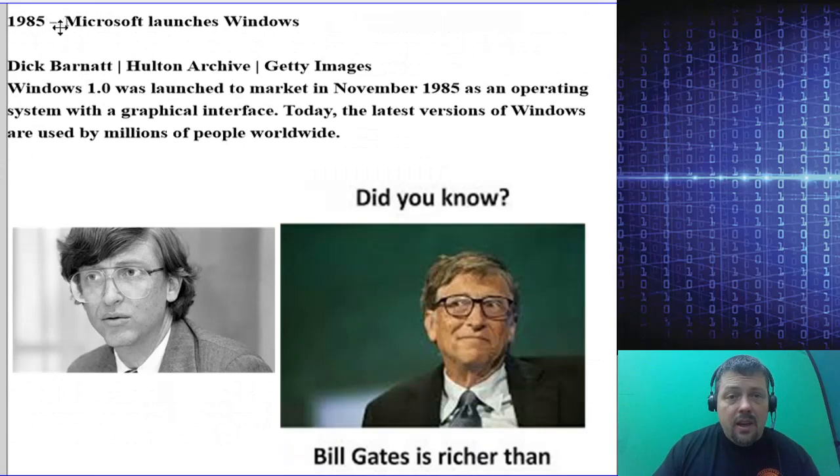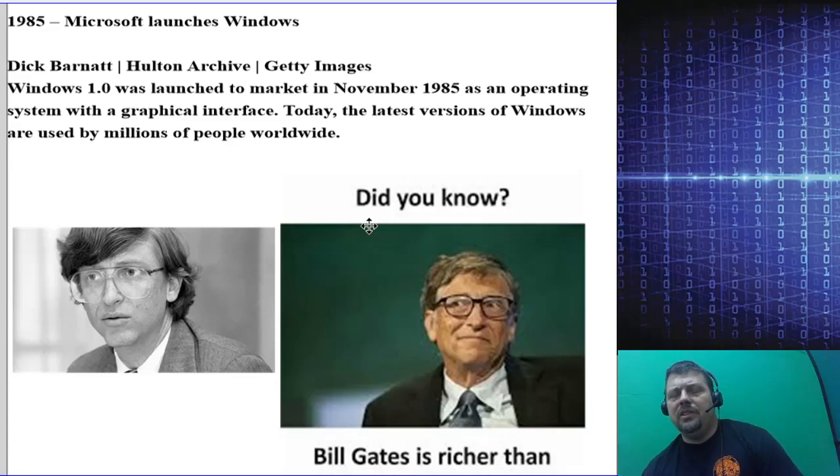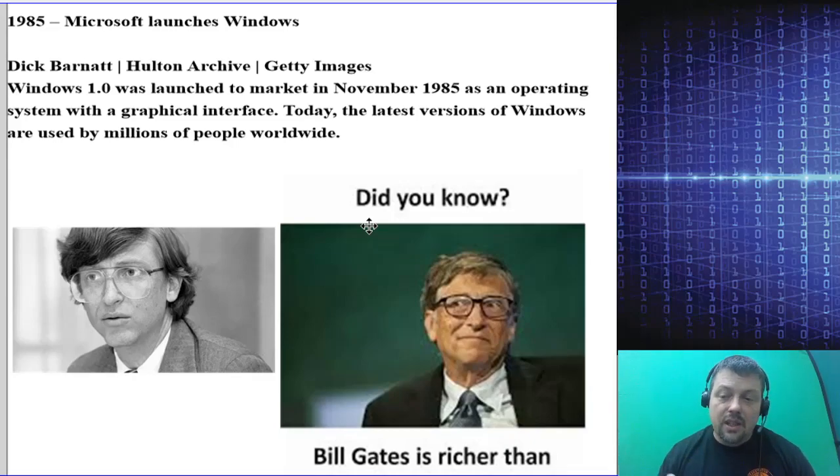Okay, so Microsoft launches Windows in 1985. So Bill Gates, and some interesting things about Bill Gates. If you ever read a book called Outliers, it basically looks at cases of people that are pretty exceptional and what made them exceptional. And one of the people discussed in that book was Bill Gates. The book posits that 10,000 hours is the key to success in something. If you have 10,000 hours of practice in a given thing, you're going to be a master of that thing.